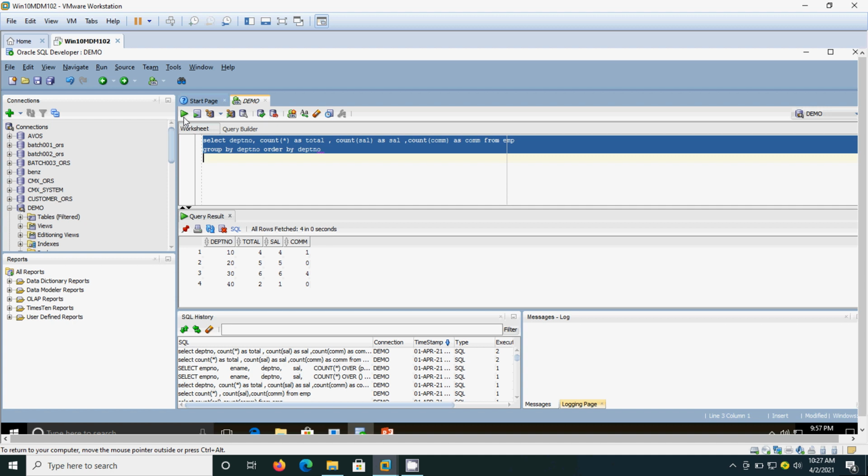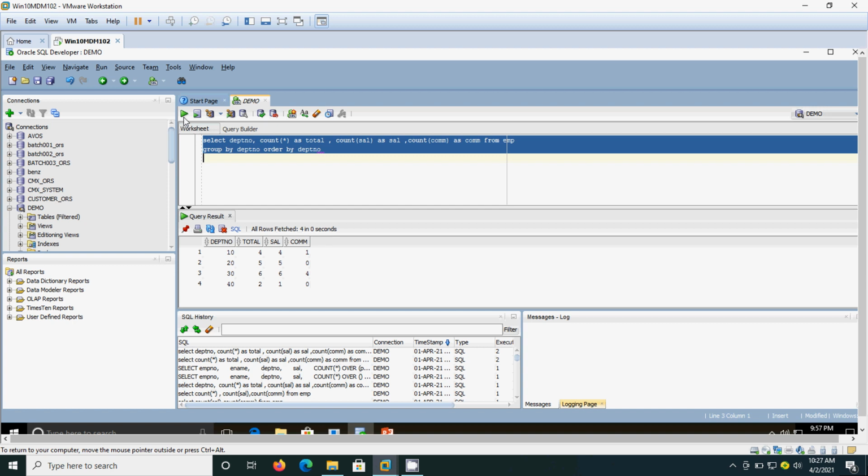Okay, so from here you can easily understand that when we pass the salary column as the parameter in the count, we will get the exact count of who receives the salary. Okay, if you pass asterisk, we will get the exact number of persons working in the particular department, because here we are getting the department wise details. For department number 10, 4 persons are working. For department 40, 2 persons are working. So here we are getting a department wise aggregation. Okay, so this is the further level of granularity.